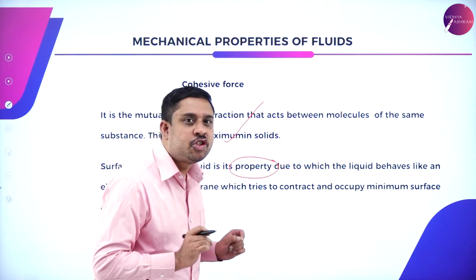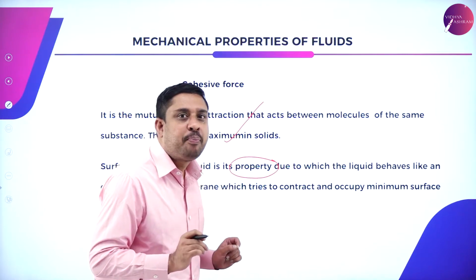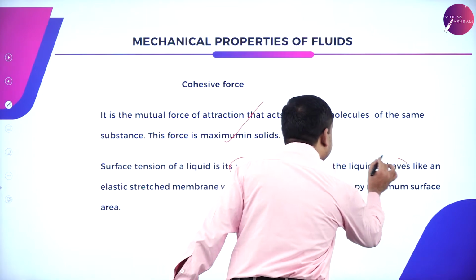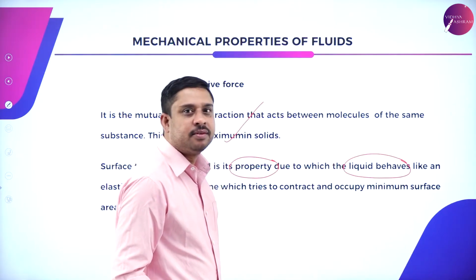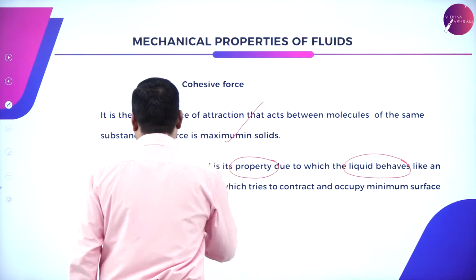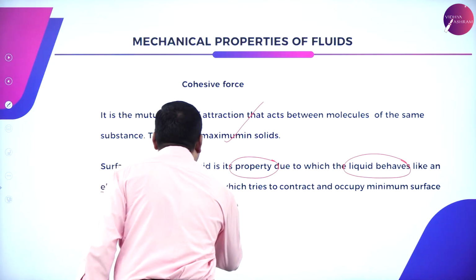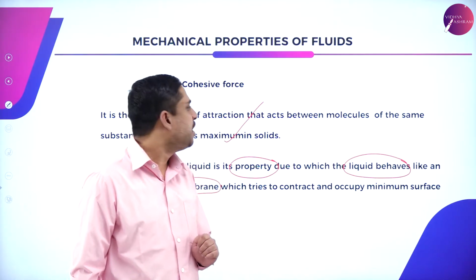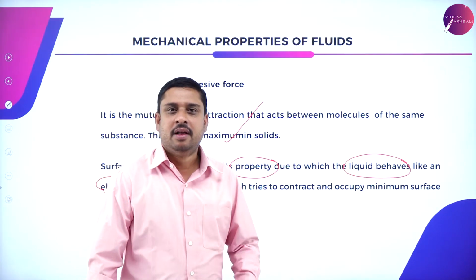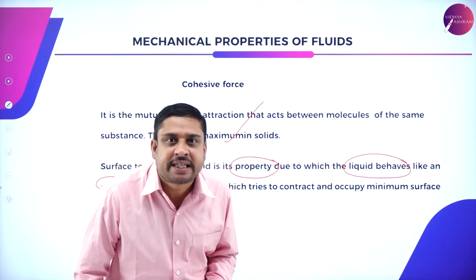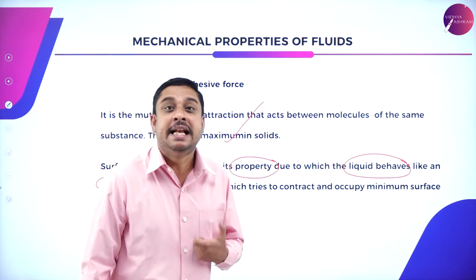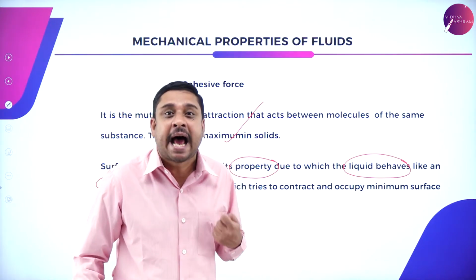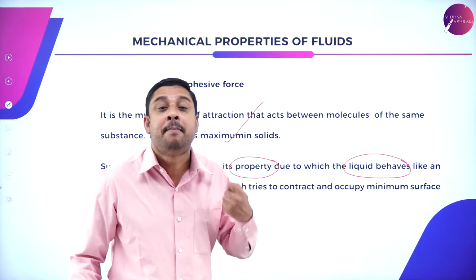Surface tension is the property of the liquid due to which the liquid behaves as an elastic stretched membrane. Very beautiful term. Because of this property, the liquid behaves like an elastic stretched membrane